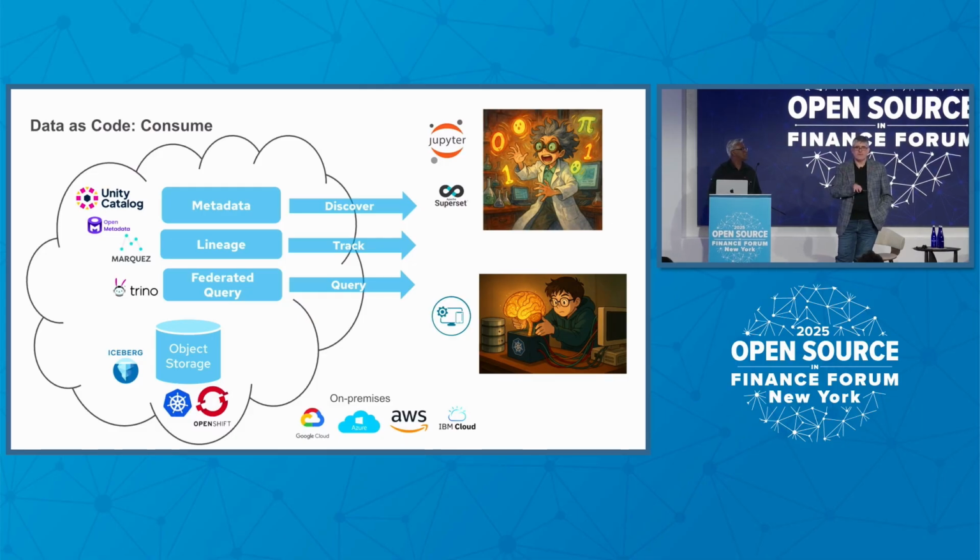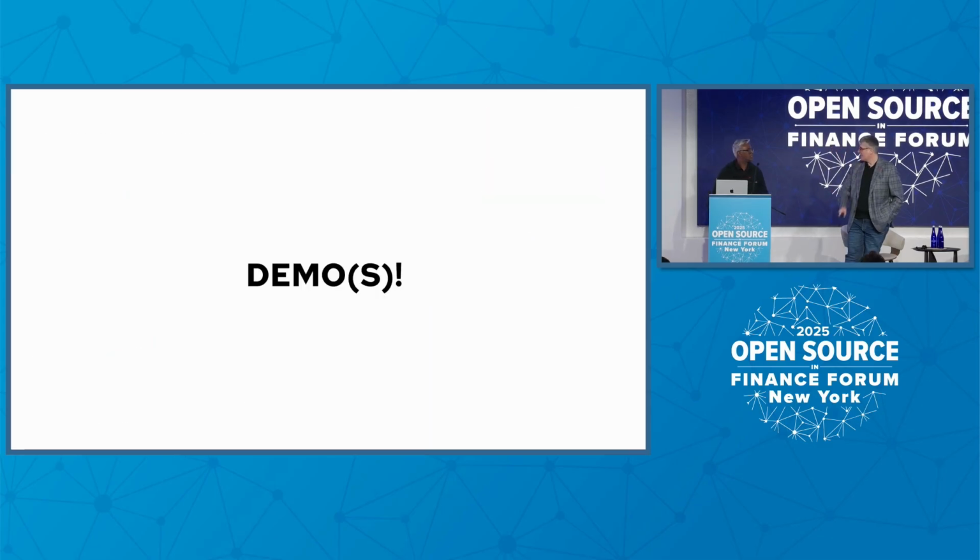And at the end of the process, and you're going to see this again, we consume this data. We use the data that we just published, for example, OpenMetadata, to discover data sets. We use the lineage information to inspect where this data is coming from. We use data sources like Trino, for example, to pull it into a Jupyter notebook and investigate it. So, Jay, you have the deck. Yep. Let me see.